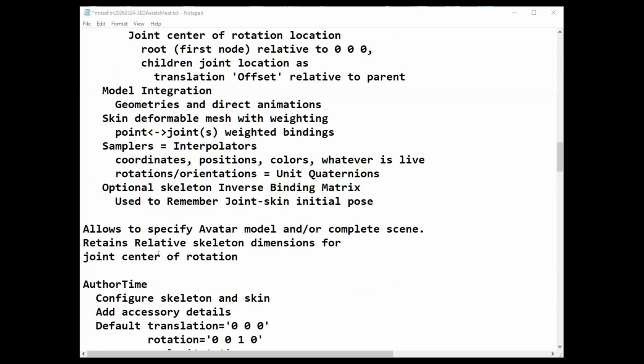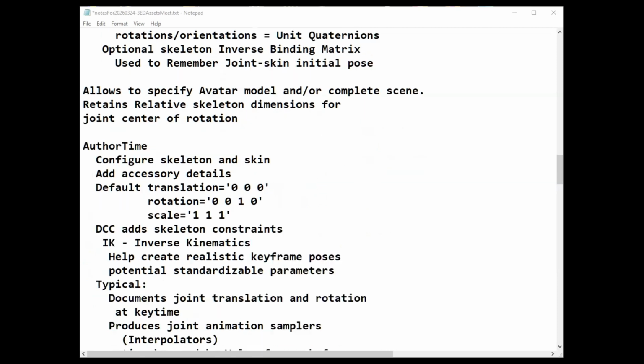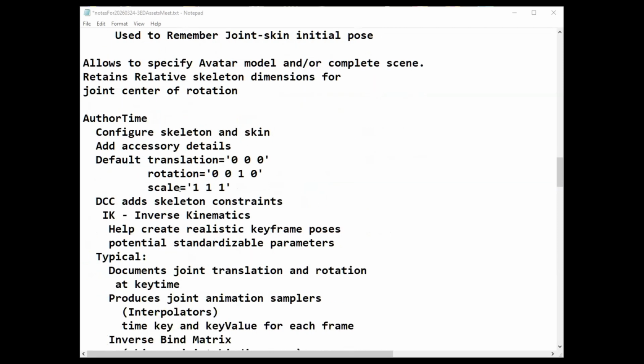The thing about it is glTF at this time retains its initial relative skeleton dimensions for the joint center of rotation. So in author time, you configure the skeleton, you add the details, and then you can have a default or whatever you put them to.